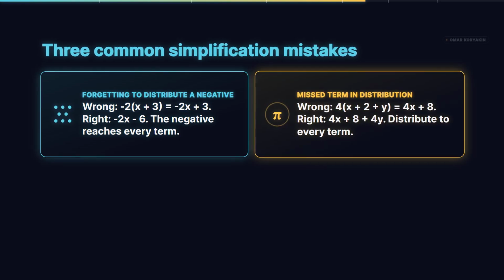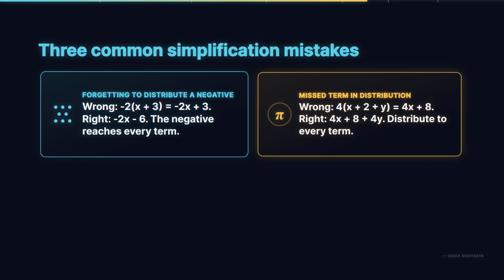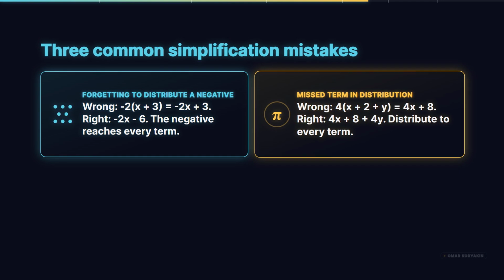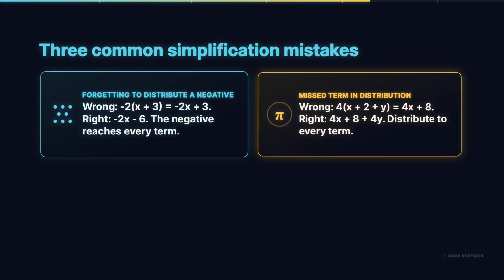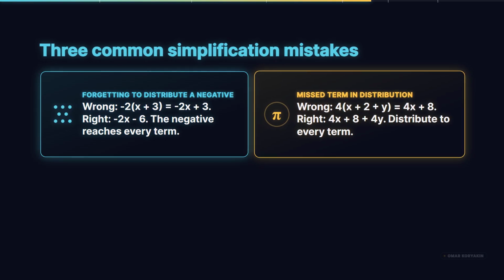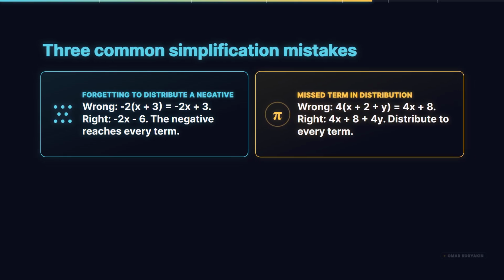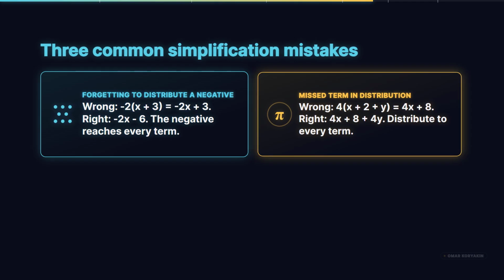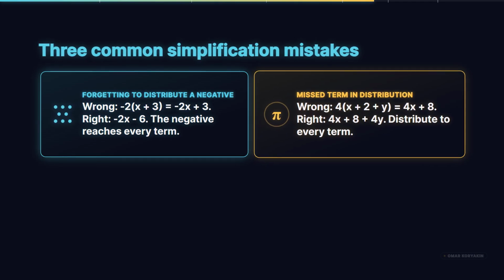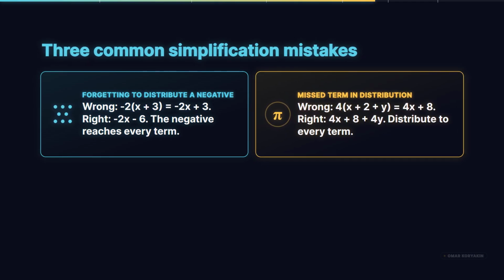Second mistake, missing one of the inner terms entirely during distribution. A student writes 4 times the quantity x plus 2 plus y equals 4x plus 8, leaving out the 4 times y product on the third term. That is wrong. The correct expansion is 4x plus 8 plus 4y, with the factor 4 reaching every term inside